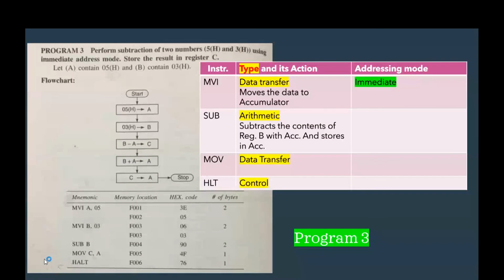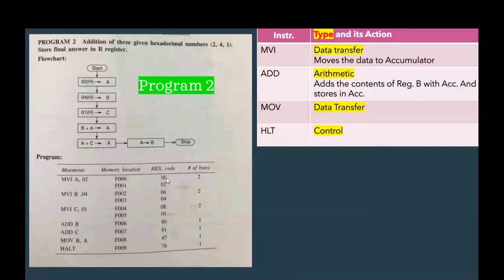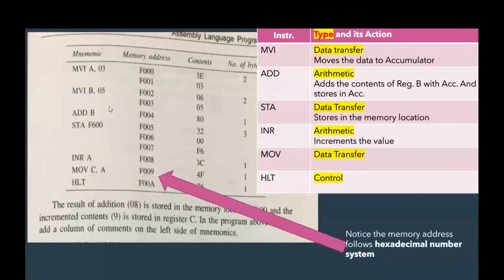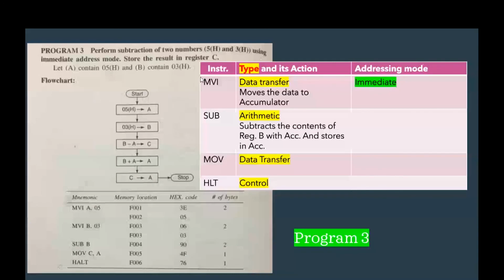As you can see, the mnemonics: MVI A, 05. We know MVI A by now. In our first program and in the second program, MVI A is 3E. So MVI A, we know the hex code is 3E. 05 now comes down. Why 05? Because the question is asking us to subtract 3 from 5. So first we are loading the accumulator with 5. Next, MVI B, 03.